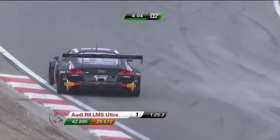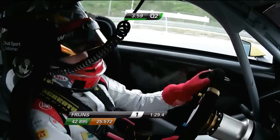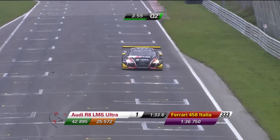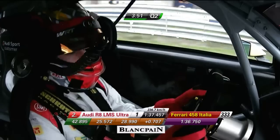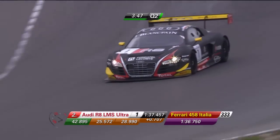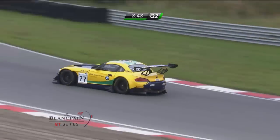So here is Robin Frinz again, who has improved in Sector 1. Oh, that's not the place to have a bit of opposite lock coming through the final corner. And he's improved in Sector 1. His middle sector's not really at the games, at the races, I should say, and he's 7 tenths slower. So Siedler quickest, Frinz 2nd quickest, Nick Katzberg 3rd, Maximilian Buch 4th quickest then at the moment for the